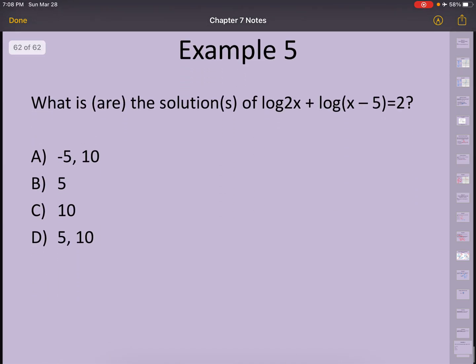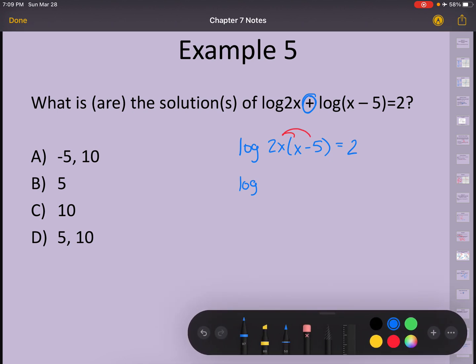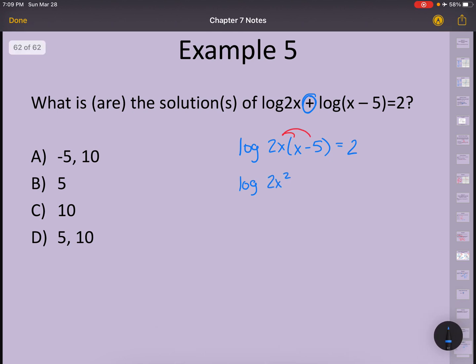In our last example here, what is or are the solutions of log of 2x plus log of x minus 5 equals 2? So right off the bat, because I have this plus sign in there, that means I can condense it a little bit. They both have the same log, and that plus sign means originally they were multiplied together. So log of 2x times x minus 5 has got to be 2. And I'm just going to simplify that real quick. If I distribute 2x to the x and 2x to the negative 5, I got 2x squared minus 10x